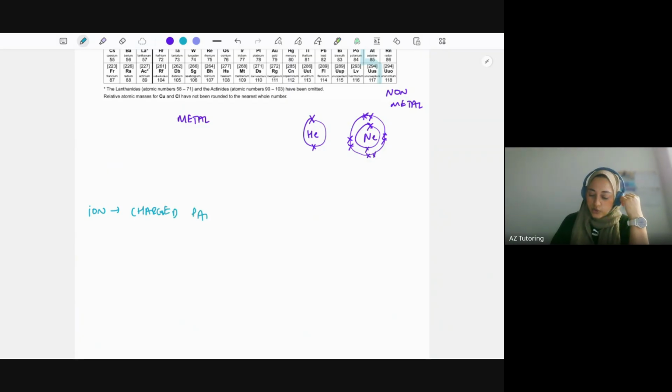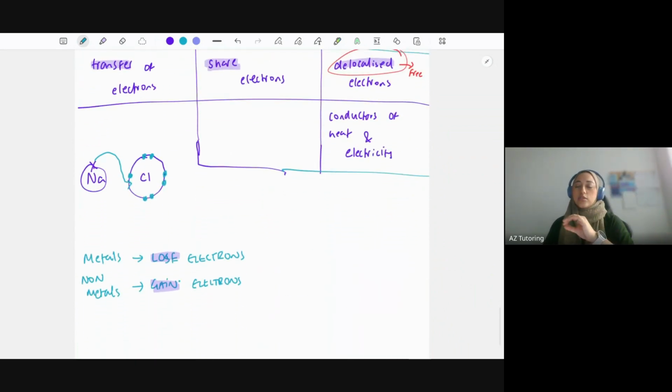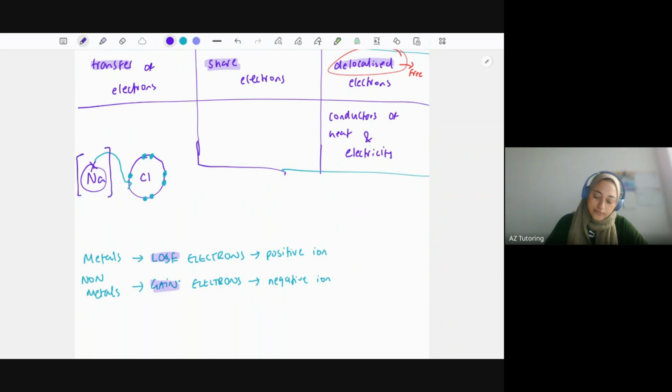Now the question is, how do we know which one's positive? How do we know which one's negative? That depends on whether it's a metal or non-metal. If something loses electrons, it has lost something negative. The electron was its negative part, right? So it becomes a positive ion. Non-metals gain electrons, and remember the charge of electrons is negative. So if you're gaining something negative, you become more negative. So that's a negative ion. And the charge number depends on how many electrons it gains or loses. So for the sodium,